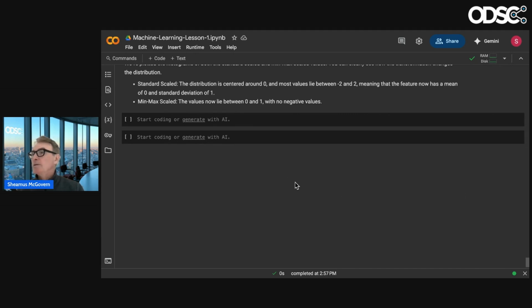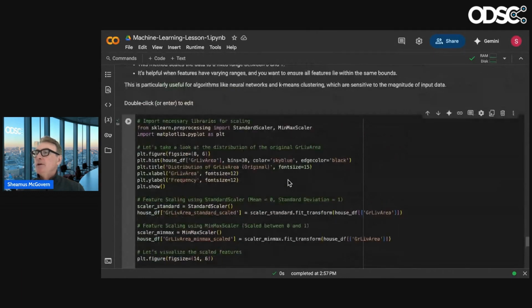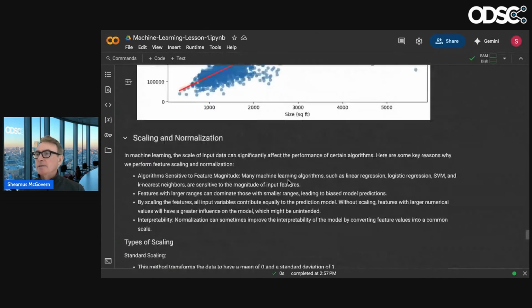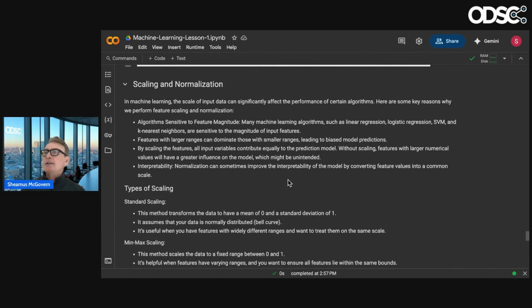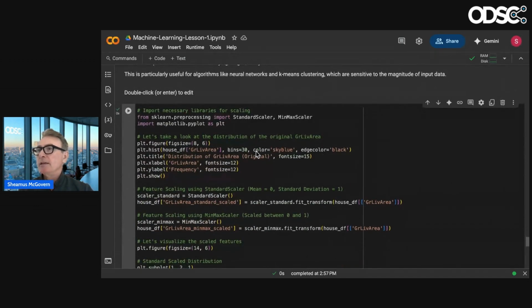The last code segment, should I just show it? Absolutely. So again, what we're trying to do in this code segment here is scaling and normalization. I just did a whole spiel on scaling and normalization. I think you got that part. If you don't, go through the previous slides and read this here. This will tell you it. So what we're doing here is